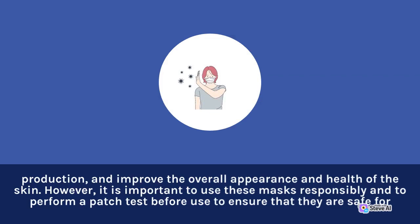However, it is important to use these masks responsibly and to perform a patch test before use to ensure that they are safe for